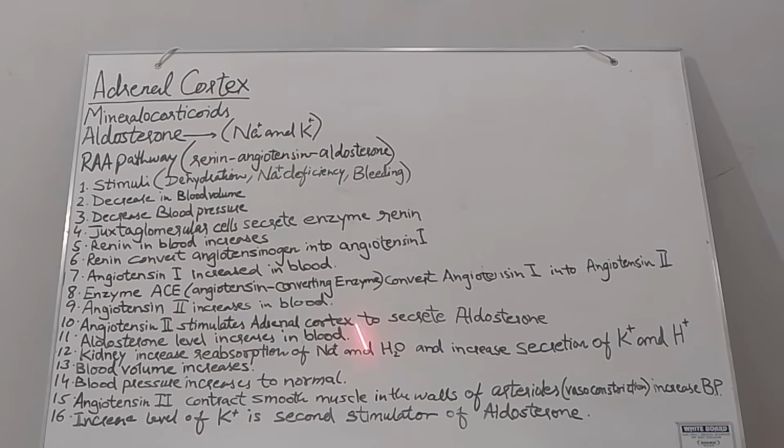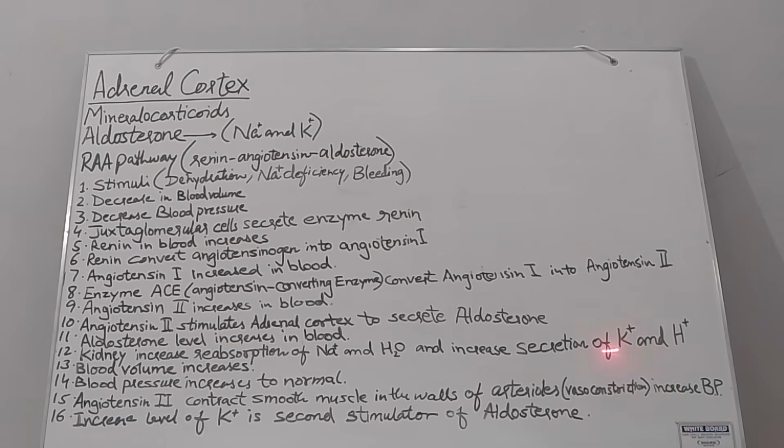To overcome this, the kidney increases reabsorption of sodium, and the second deficiency was dehydration, meaning the lack of water. So the kidney increases reabsorption of sodium and water, and as another step, increases the secretion of potassium and hydrogen into the